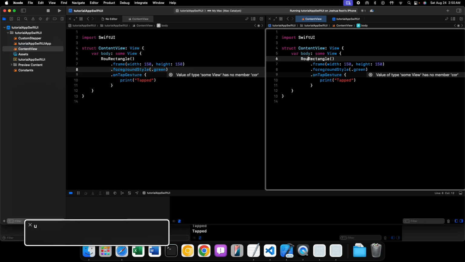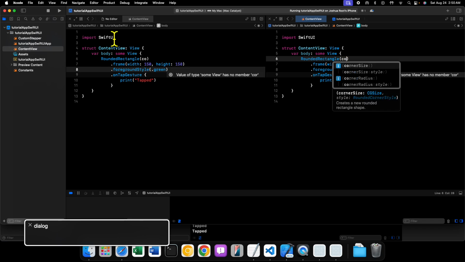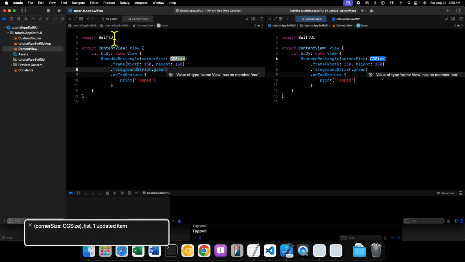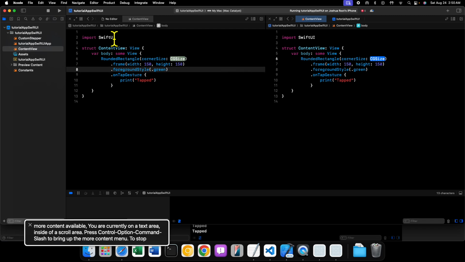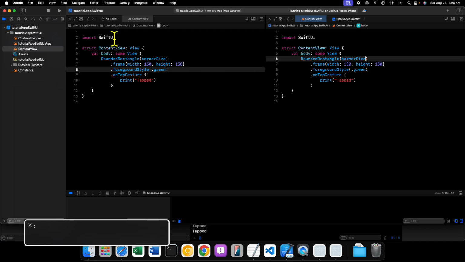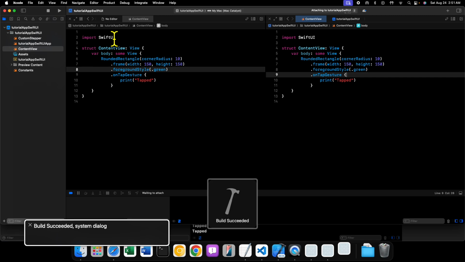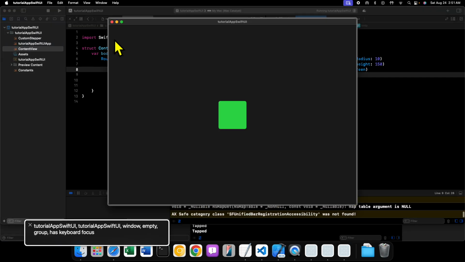Well, we can say rounded rectangle with a corner radius of 10. There we go. Right now, this view gets treated much the same way. It is announced as a group, but what we can do